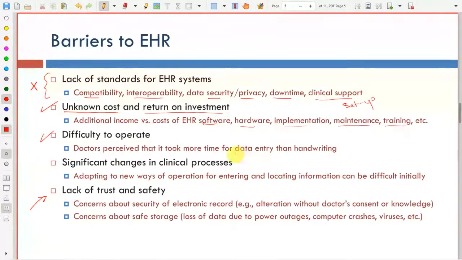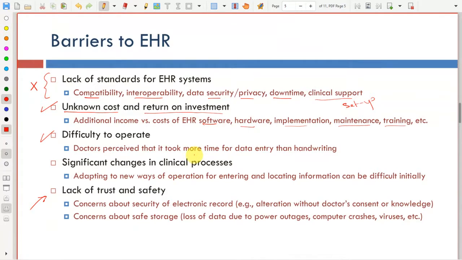Maybe 20 years ago, doctors were not as literate with computers as they are right now. Now doctors are very good with computers, okay? And the availability of things such as smartphones made a lot of people more aware and more educated about how to use electronic systems. But before,